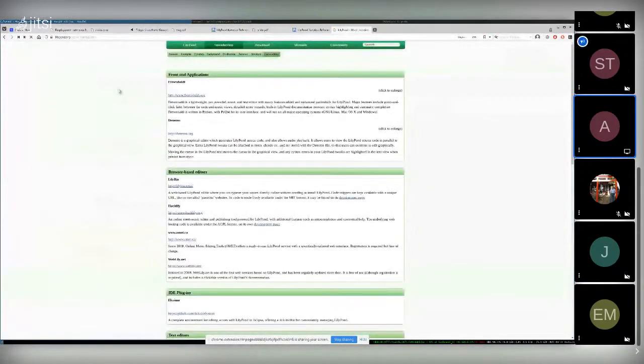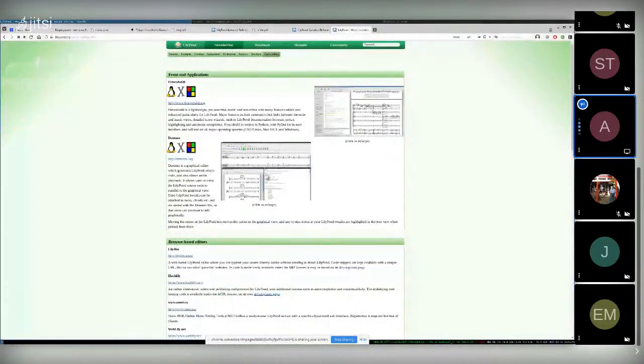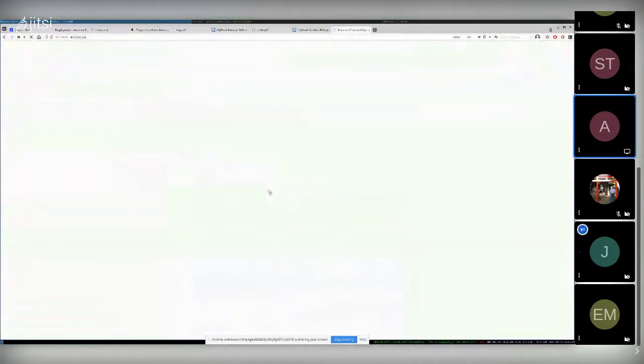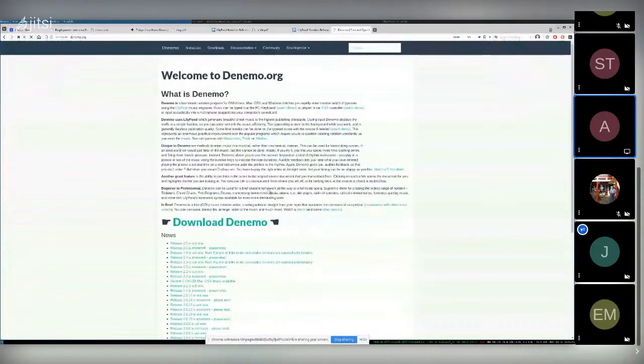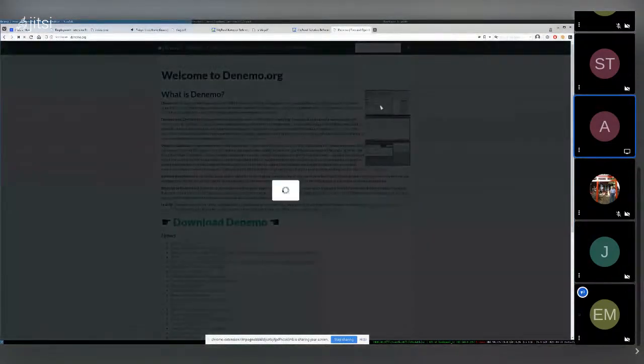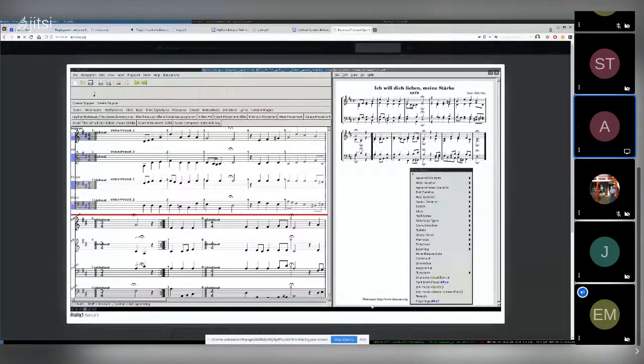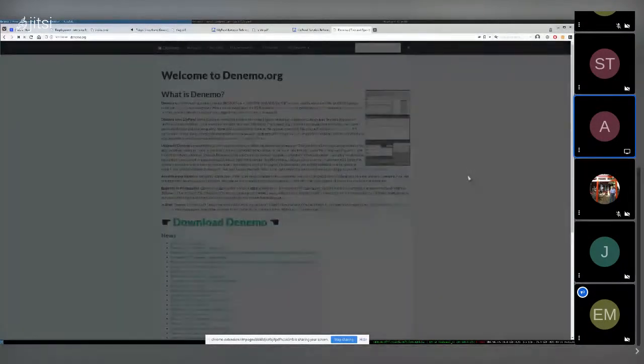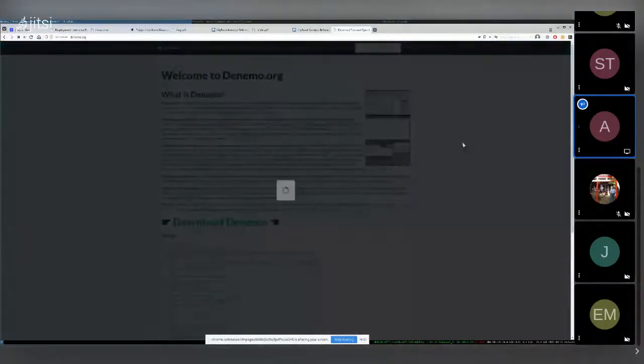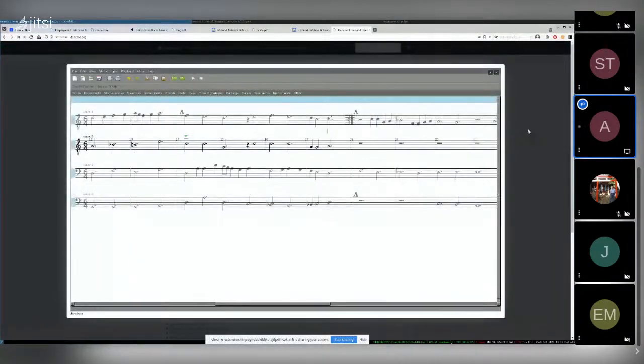Apparently, there is a graphical Lilypond editor called Denemo. Oh, interesting. Where is the actual Lilypond being written?